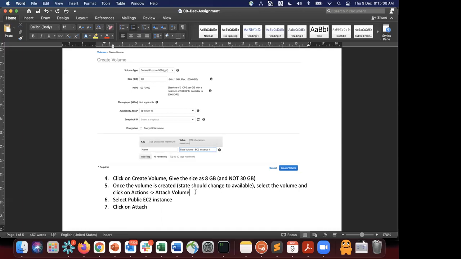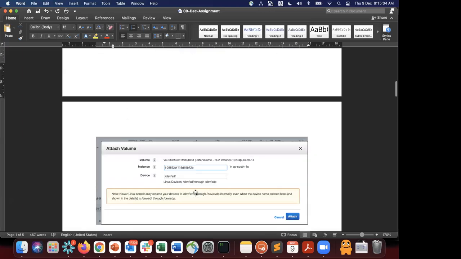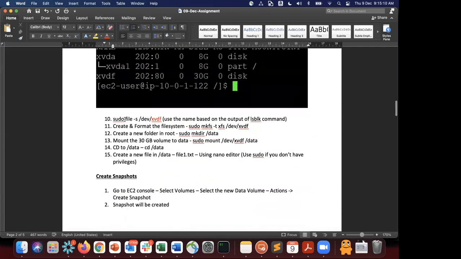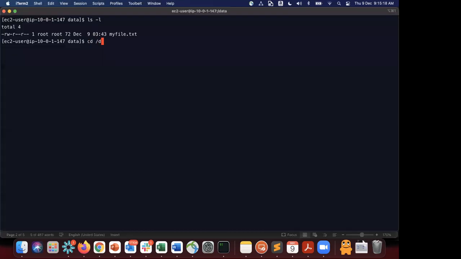Okay, you have to give the size as 8 GB and not 30 GB, and then follow these steps. Once you are in, you'll be able to follow these commands that I have given. The first command checks the file system. If you give sudo file -s /dev/xvdf, if you want to see, you can actually go to cd /dev and say